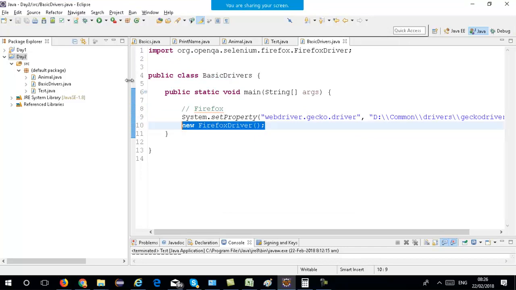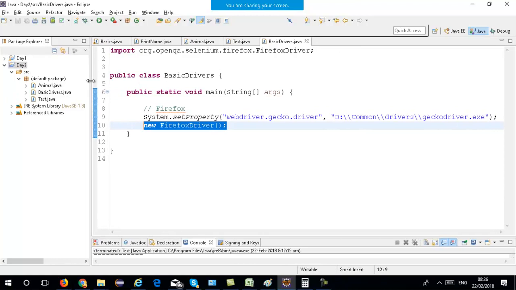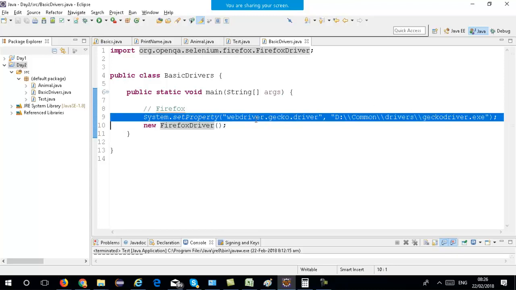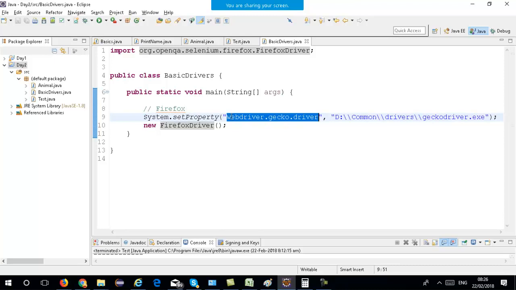Is there a particular Firefox version? I'll pick up all the browsers one by one. So you create the object of FirefoxDriver after keeping the GeckoDriver exe in the system path. Make sure over here you give everything in lowercase. Sometimes people give W in capital over here and then they get an issue. Now if you run this,